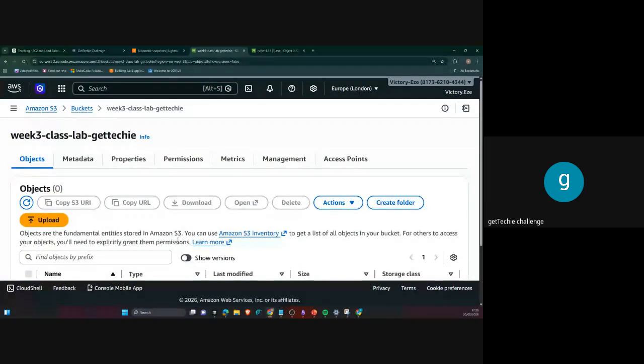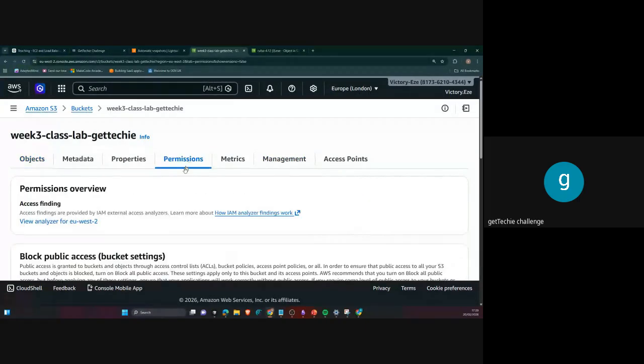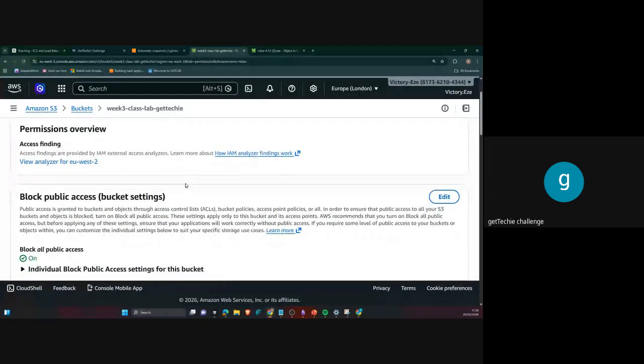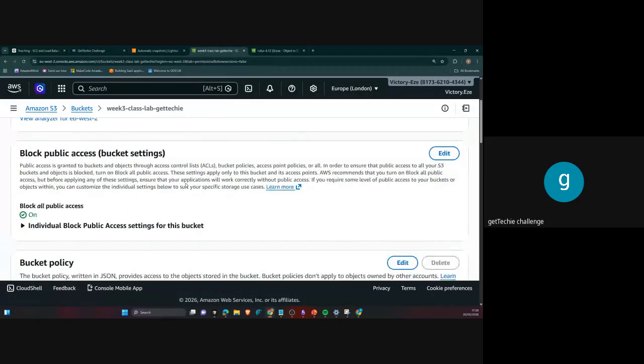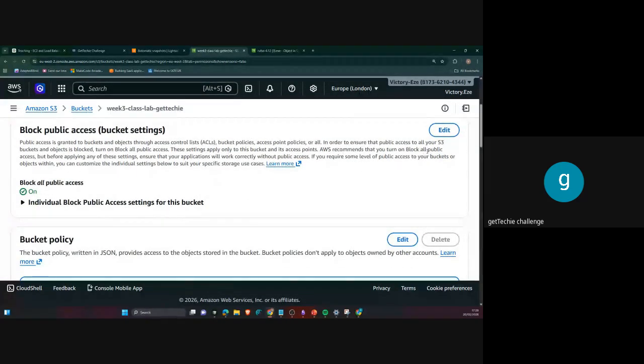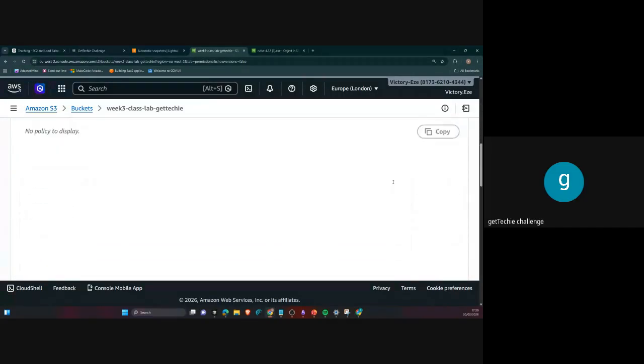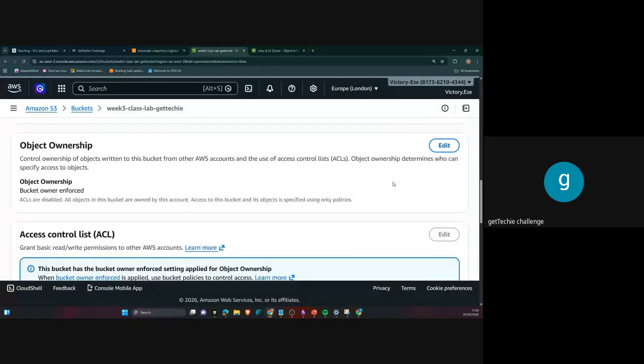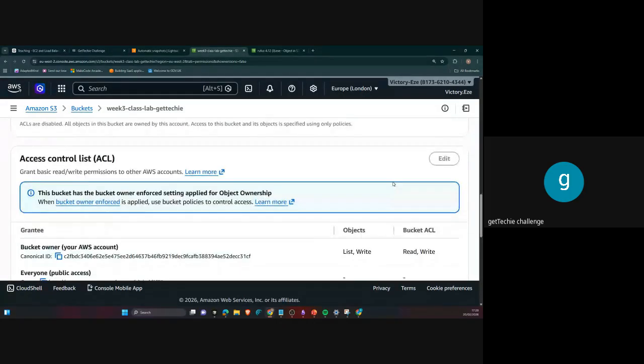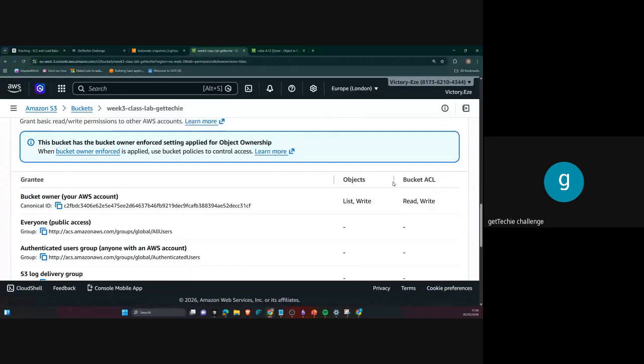Another one I want to quickly walk us through is permissions, right? So we can go through permissions and we can set, can you see, block public access, it's on. We can edit and turn off block public access, right? We can edit bucket policy, who should access the bucket, who should not access the bucket. We can write policy, we can set bucket ownership, like I said, and allow ACL list, right? Then